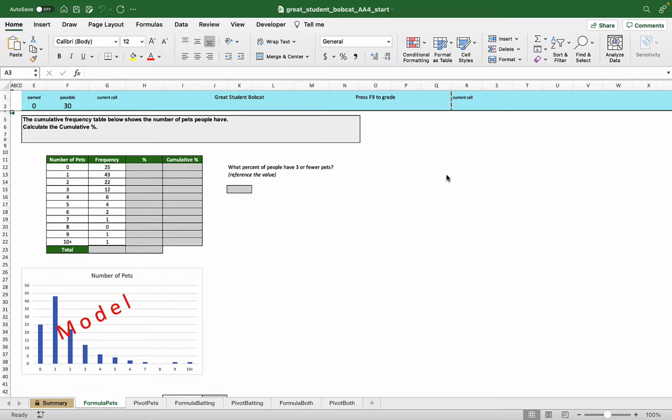So our first problem here has to do with pets. We surveyed people and asked them how many pets they have. So 0 people had 25 pets, 43 people had 1 pet, 22 had 2 pets, 12 had 3 pets, and so forth. So the first thing that we need to do is to calculate the percentage that each of these